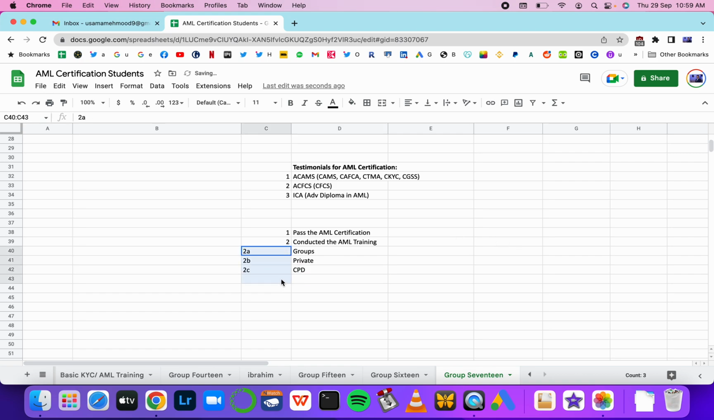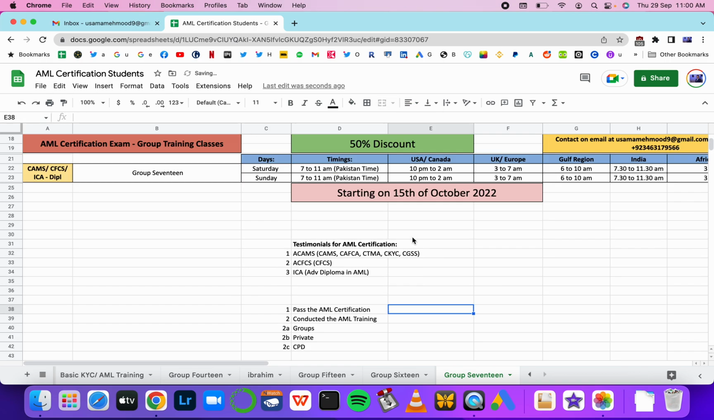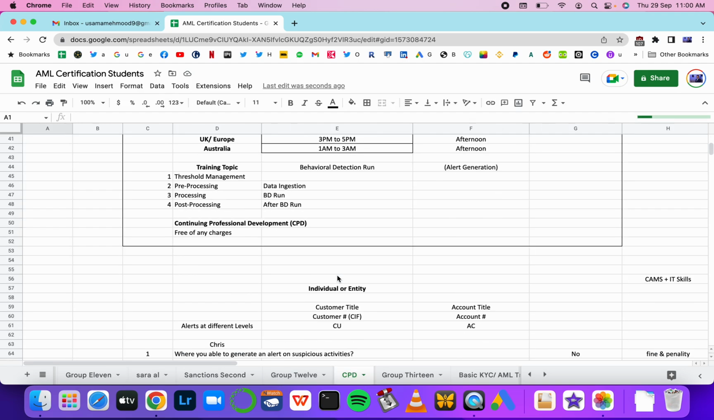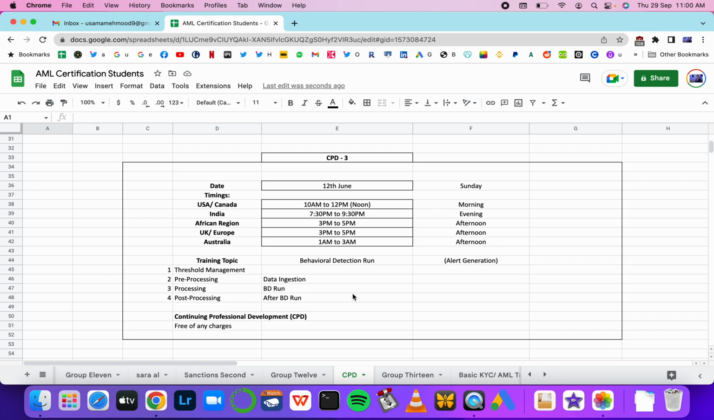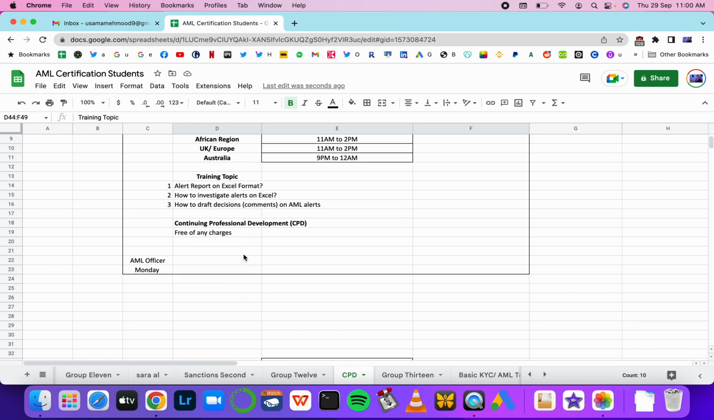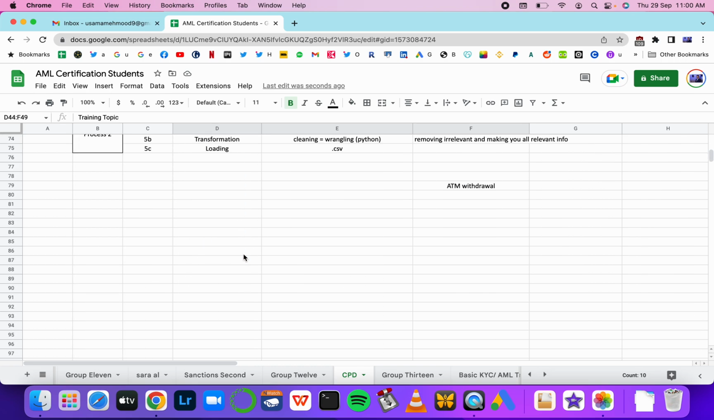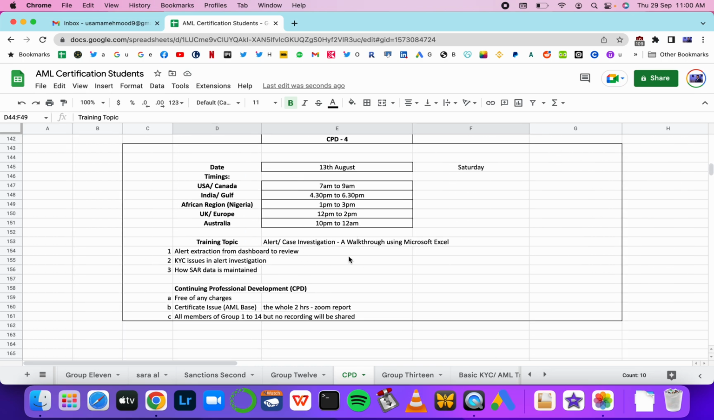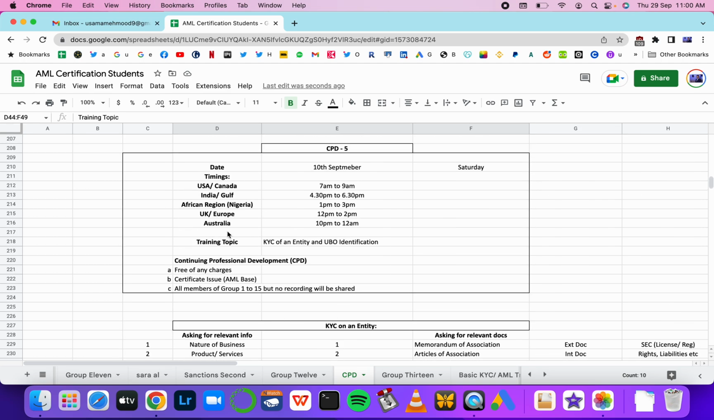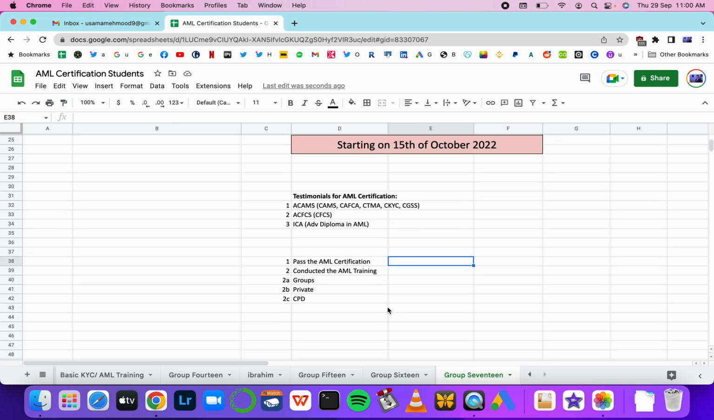I do take training sessions when I help you train and pass the examination. I conduct lots of CPDs free of cost, about once every month. This one was about behavior detection and how alerts are generated. This is the one where we discuss how alerts are investigated using Microsoft Excel. And the last one was a walkthrough on how to properly investigate a customer regarding KYC and ultimate beneficial ownership. It's going to be an unedited video, and I'm going to guide you through how people have passed the examination